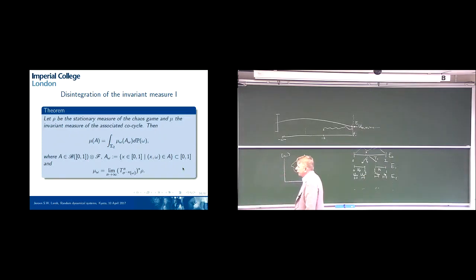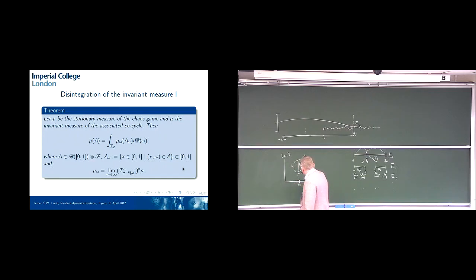In the omega fibers, if I fix the omega, so the omega is fixed. In this section is A omega. Right, and then I define a measure here, on this fiber, and I call this mu omega, the measure on this fiber. So I want to disintegrate the measure of this set into a product, basically by the